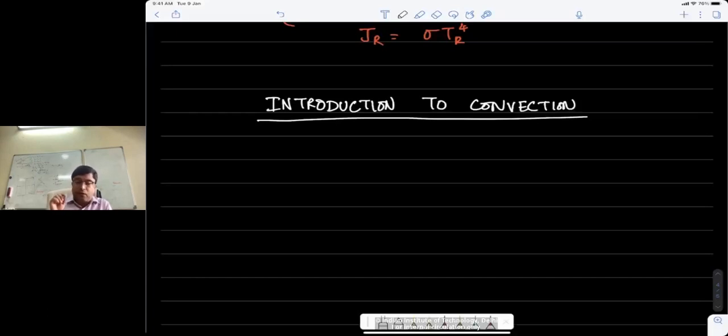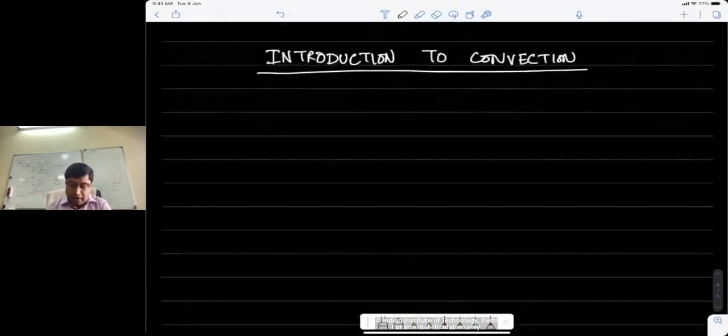The other part is that we will focus more on convection heat transfer, but convection mass transfer would be very analogous to convection heat transfer. In fact, I will establish some analogies about how convection mass transfer is very similar to convection heat transfer and how they can be calculated simultaneously. But we will look at convection mass transfer as well. So whatever I am doing in terms of convection heat transfer, please remember the same thing is also applicable for mass transfer.